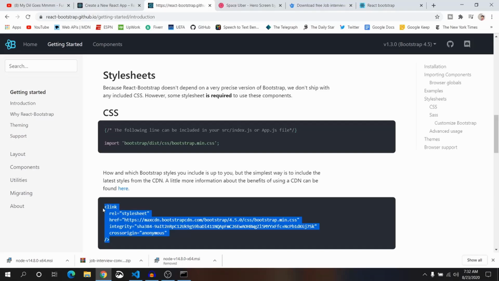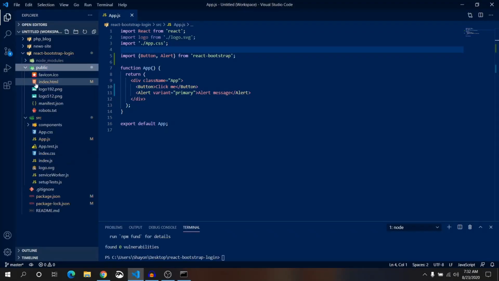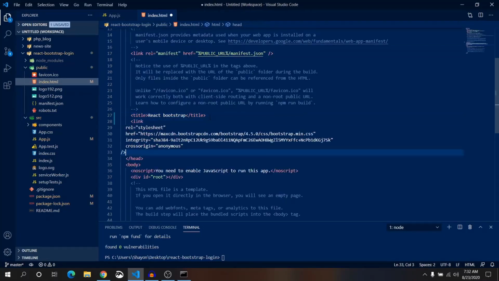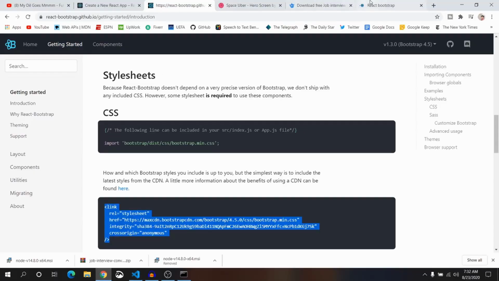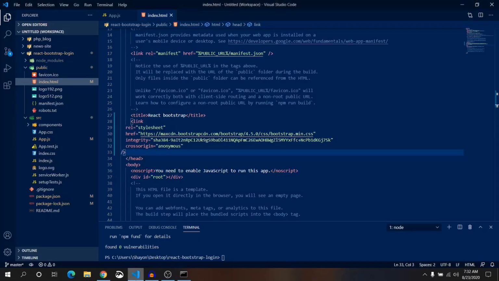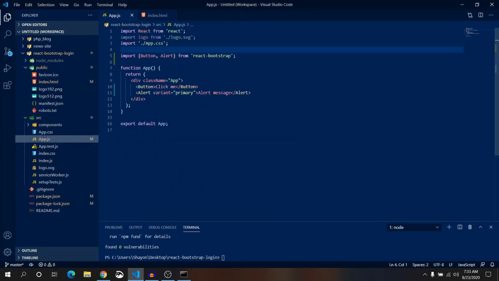Just add this URL link inside our public folder, this index.html file below title or above title. Add this link, it will work perfectly fine as previous. You see, it's working perfectly. Now the very next thing we'll go with the previous method, so save it and Ctrl Z, undo it.